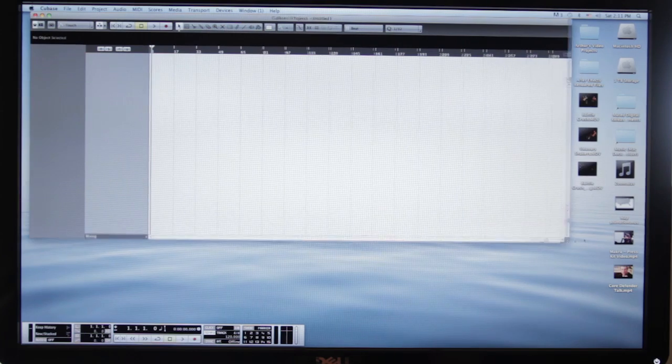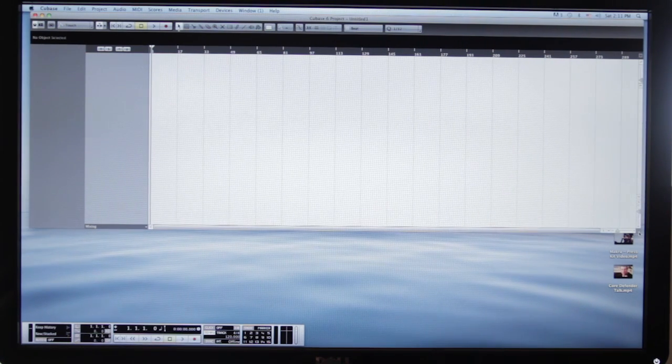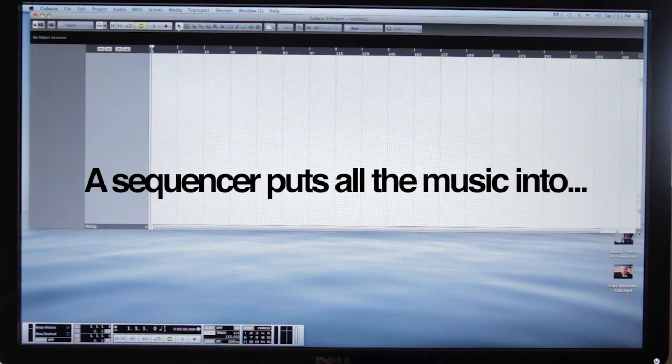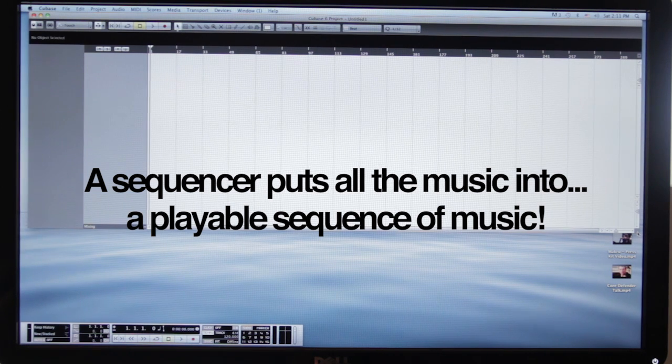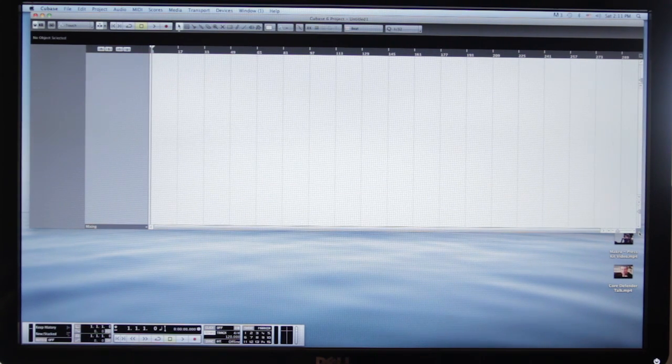What are the basics? A sequencing program. What does that mean? That basically means you can have all of your either audio recordings, music tracks, MIDI tracks, and so on, all in one area. That way, when you have multiple things playing back, you'll have the ability to make everything play back at the same time. Without the sequencer, in the computer, it'd be impossible to put things together. You have to have a sequencer in order to start.